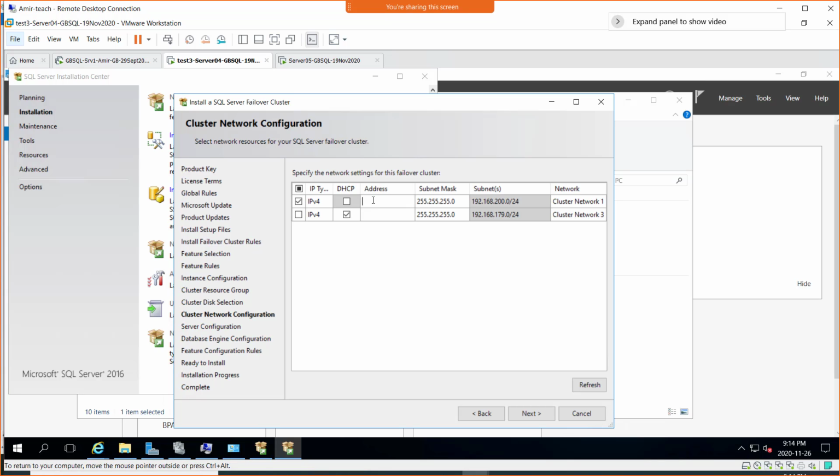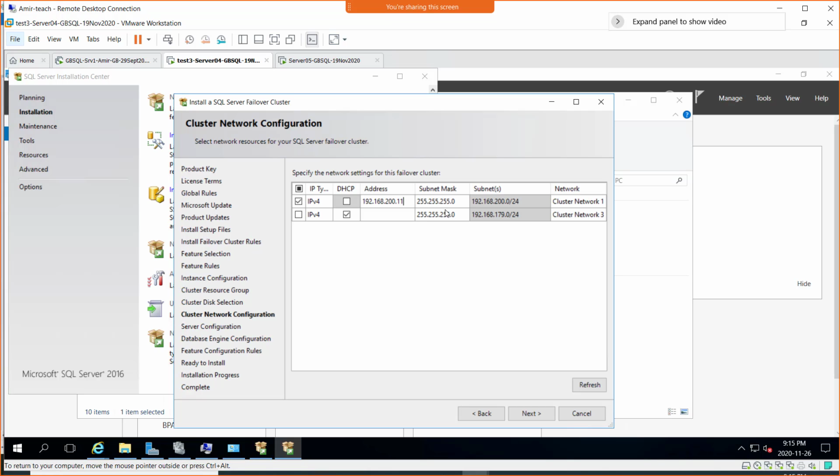So remember that we gave a separate IP address for the FailoverCluster service. The application that's going to be installed on top of that cluster service needs to also have a separate unique static IP as well. So I'll go for 192.168.200. and whatever IP is available and not being used by any other device can be given dedicatedly to this